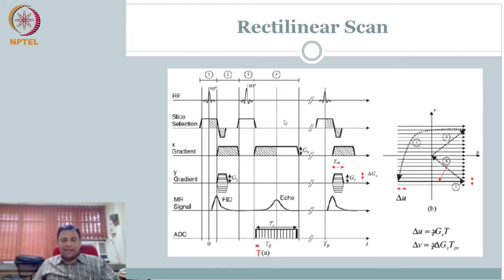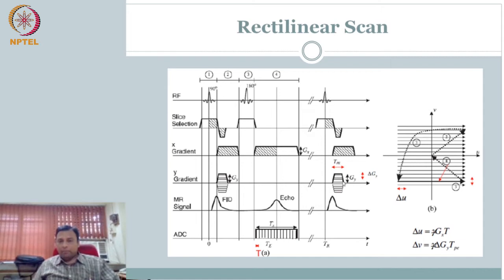The only thing that I have added is, remember this was TS before, one box. Now we are actually saying this is ADC, so we are actually sampling. We are recording whatever signal is coming. In this case, it is a spin echo, the echo from spin, so spin echo signal. The signal is recorded over this time, with some time period capital T. So this is your capital T.